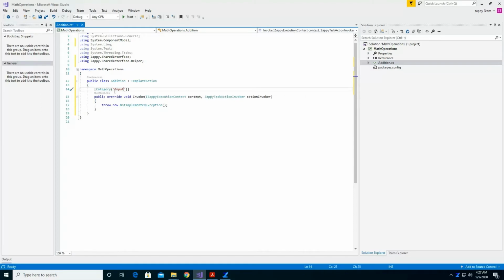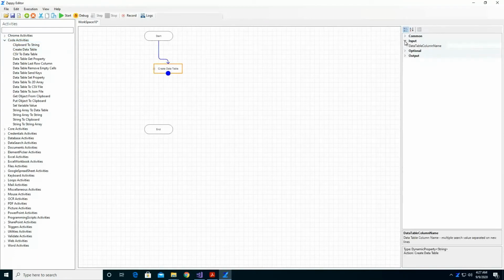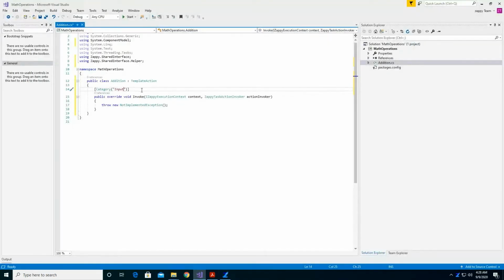Here I am telling what type of category the property is. These are the things visible in your property panel. For example, I selected one action here. These properties show what is input, what is output, and what is optional. Whatever the action needs, we declare in this method, like Category Input.